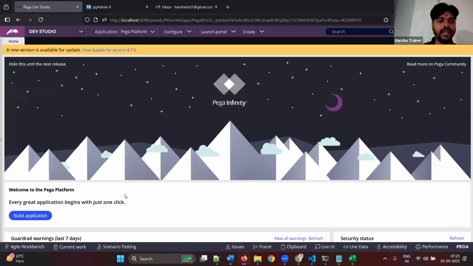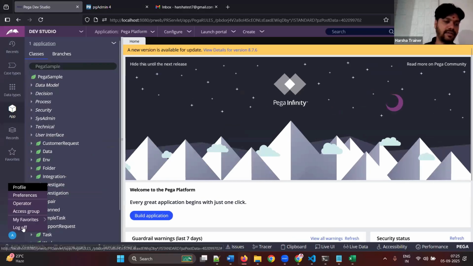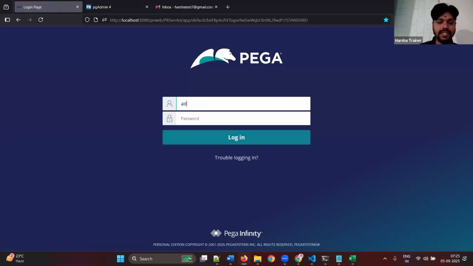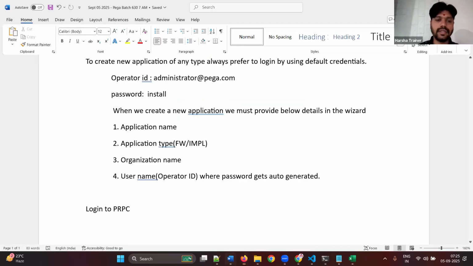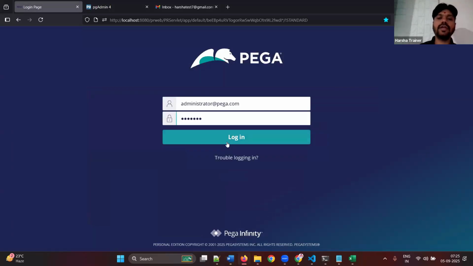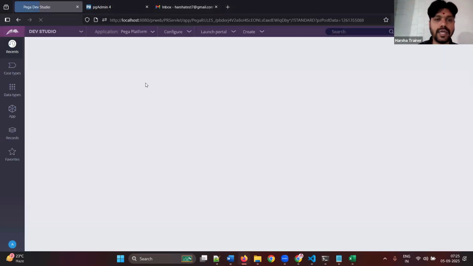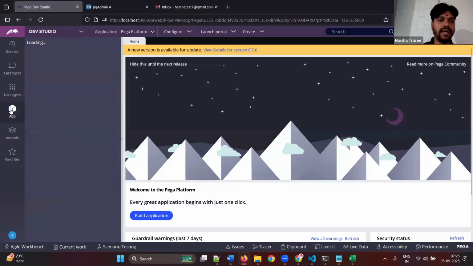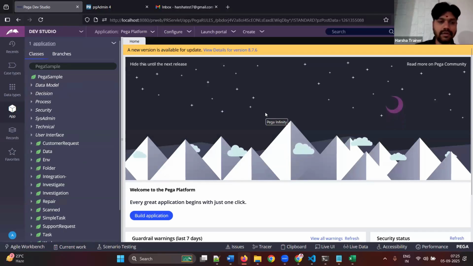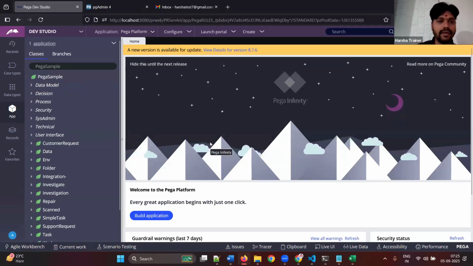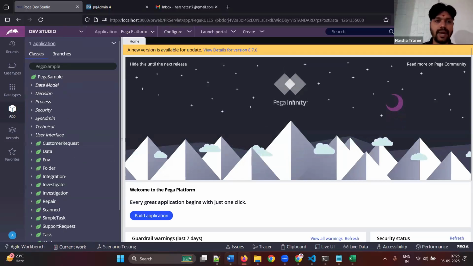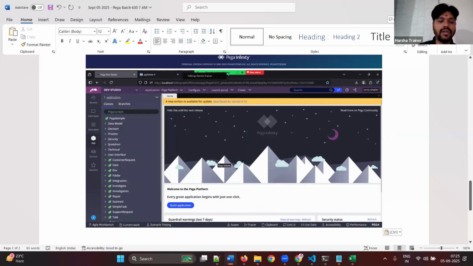Okay, log into PRPC. You log in to PRPC by using default credentials, right? Administrator@pega.com, password install. So you just log in, you know how to log in to PRPC and application here. Okay, no need to come here, leave it. Whether you get like this or not, no matter. But the top one, on top left,